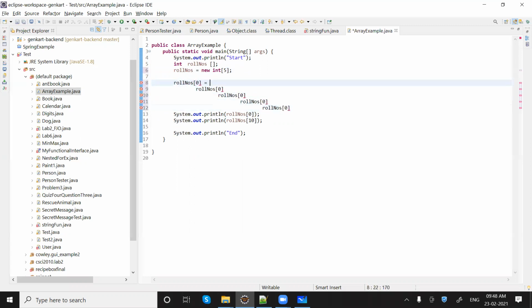So these are the 5 numbers I have: 100, then 101, then 102, then 103, and let's say 104. Okay,